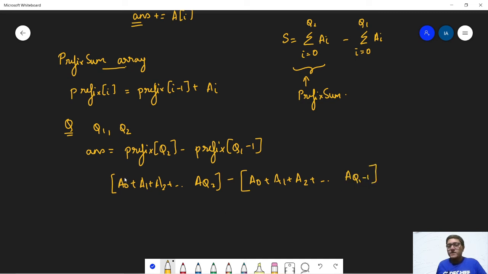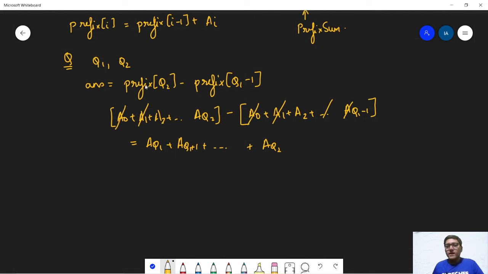As you can see, this a of 0 will get cancelled with this a of 0, this a of 1 gets cancelled with this a of 1, and similarly all these elements get cancelled. So finally we will get a of q1 plus a of q1 plus 1 up till a of q2, and this is exactly the answer to the query q1 and q2.